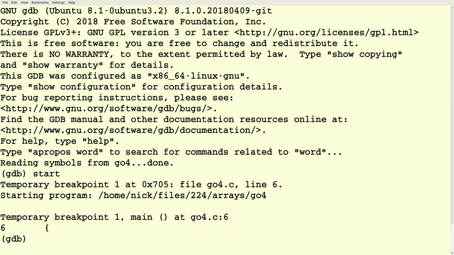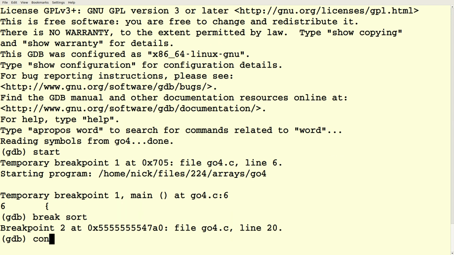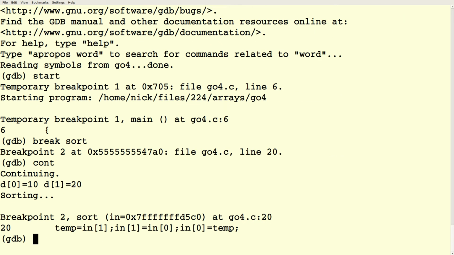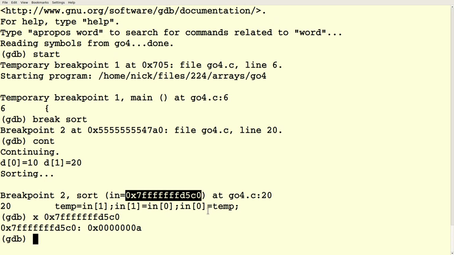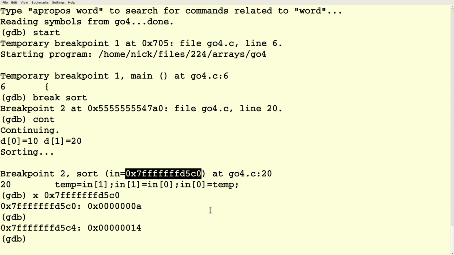So let's run this in GDB. GDB was called with this big, long, scary hexadecimal number, because it has 1,000 elements. What we find there is the number 10 followed by the number 20.